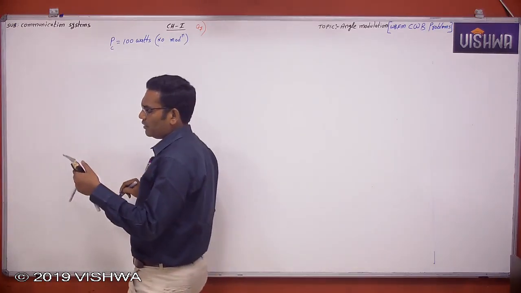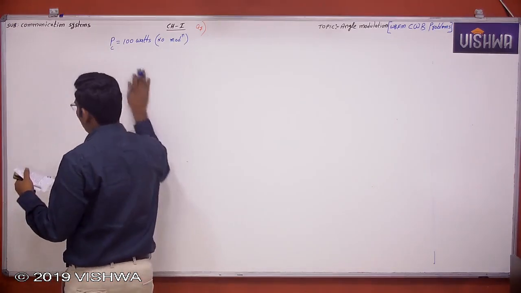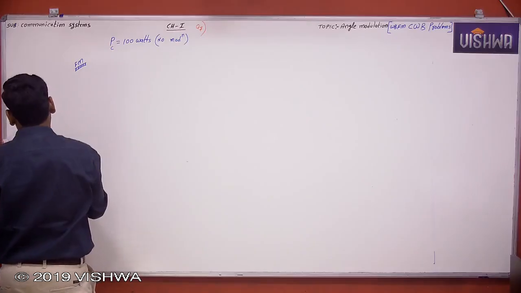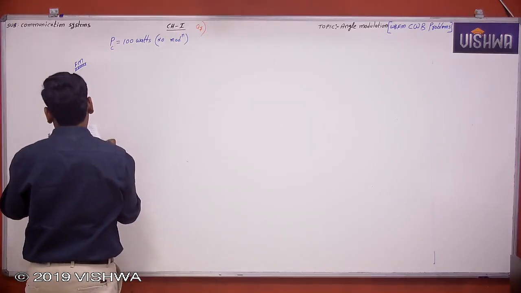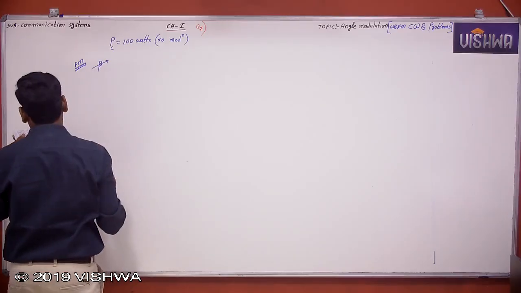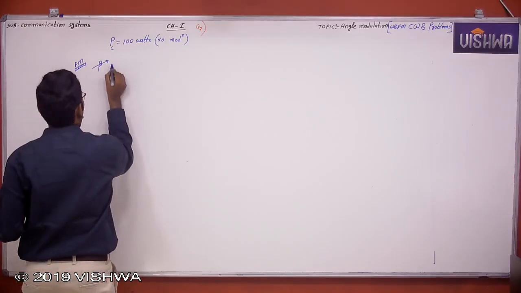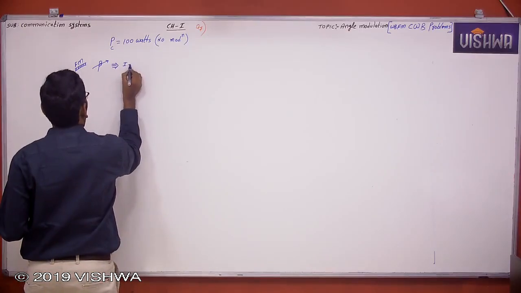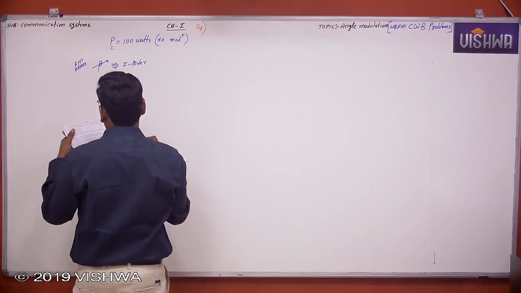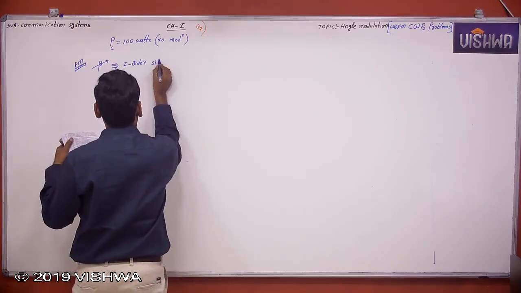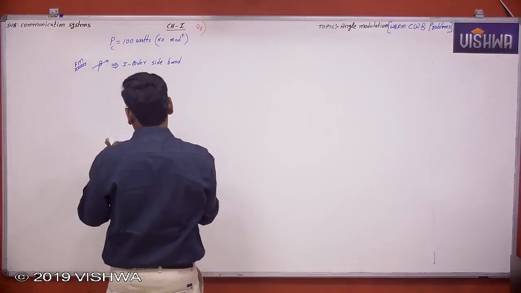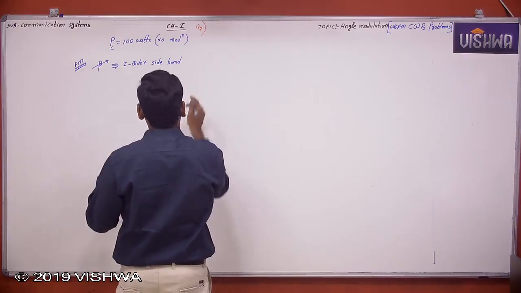Now the carrier is frequency modulated by a sinusoidal signal, and the modulation index is adjusted such that the amplitude of the first order sideband is